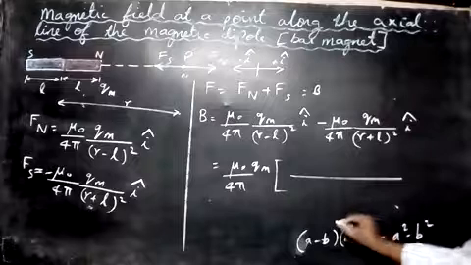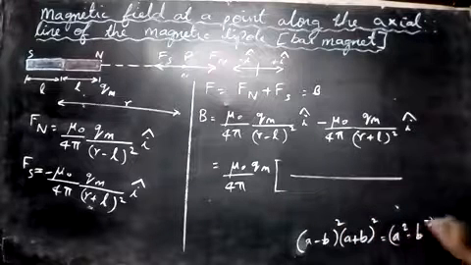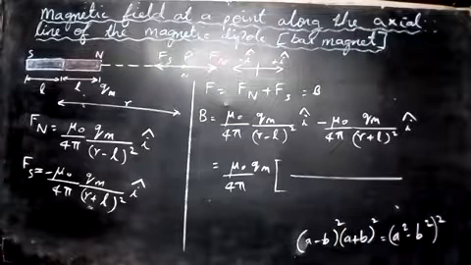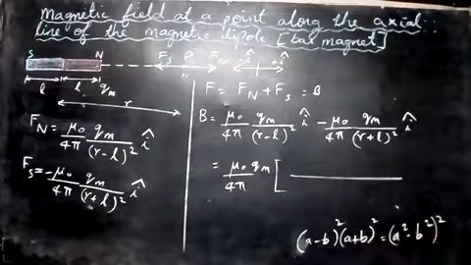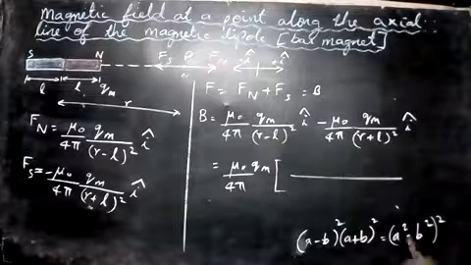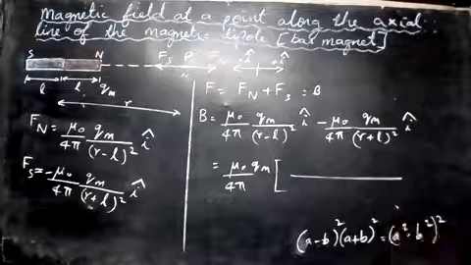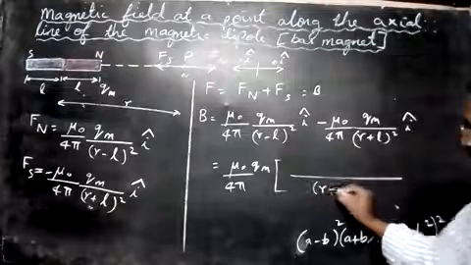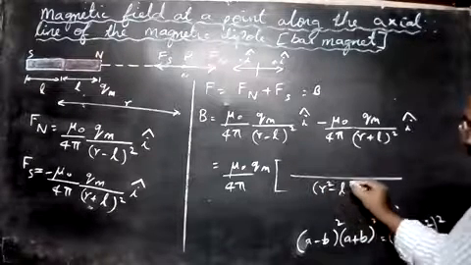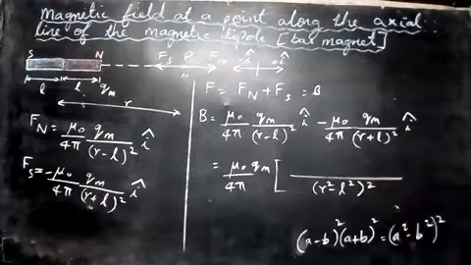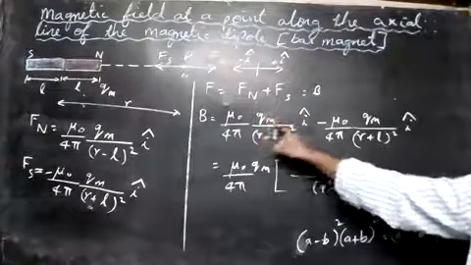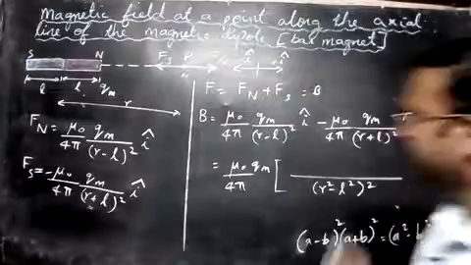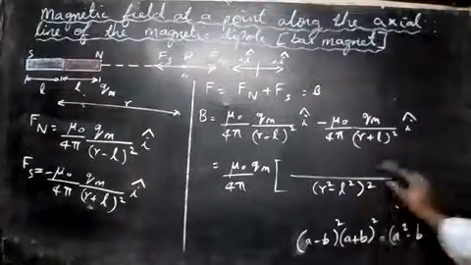If we put a square term here and on this side also, then (a minus b) the whole square into (a plus b) the whole square is equal to (a squared minus b squared) the whole square. So I'm going to use this formula. It's simple, what we know, we just write it down. So that will be (r square minus l square) the whole square. Then when you take all these terms out, what will you get here? Let's write it in a simple way. We'll use the formula here.